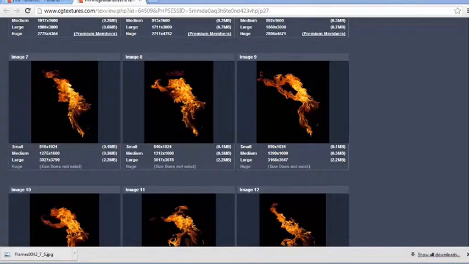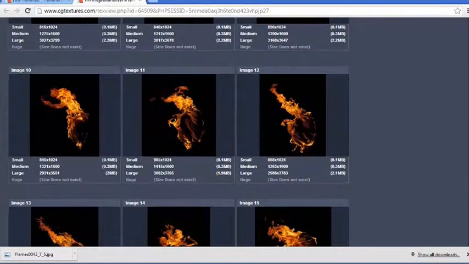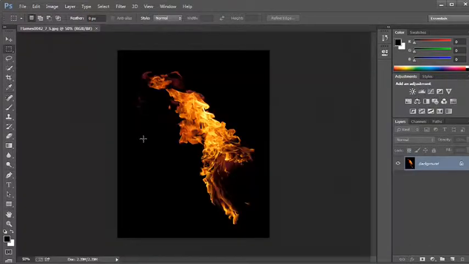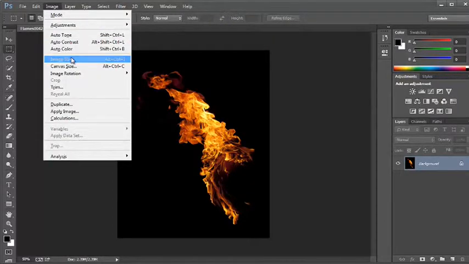So just go ahead and open up Photoshop if you haven't already, and once that's loaded you can drag and drop your fire texture into Photoshop, and now we can start playing around with it and basically make sure that it's completely ready to be used in the Unreal Engine. So the first thing we need to do is change the resolution of the texture to a value that is a power of 2. And in this case we'll probably use 512 by